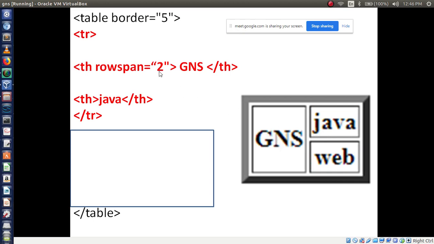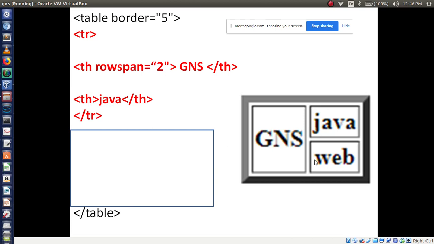For that I need to give the value rowspan equal to 2. What should I print? GNS. So GNS is printed here, then close the th. In the same row I am going to print one more word, that is Java. So I am using th, then Java, and close the tr tag.